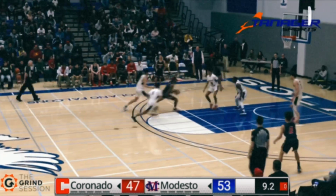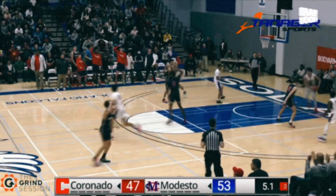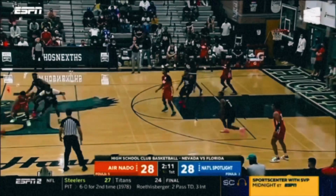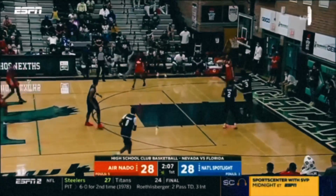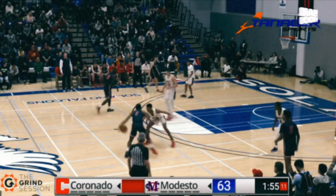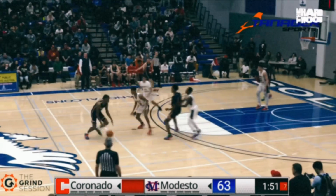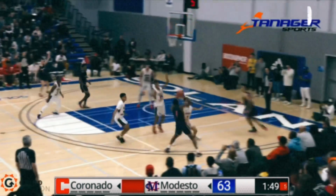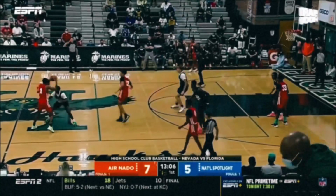Hardy is going to be a high-usage guard at the next level, and although he's going to be a killer off the ball, he's still a guy you want to primarily play with the ball in his hands. And that means he needs to make plays for others. Hardy did average over 8 assists a game his junior year, but it didn't always feel that way. He's a shoot first, shoot second kind of guy, and only typically passes a rock when he has to. He's more willing than a guy like Cam Thomas is, but he'll often miss easy reads and force tough drives